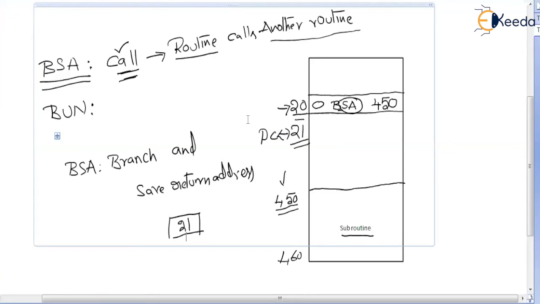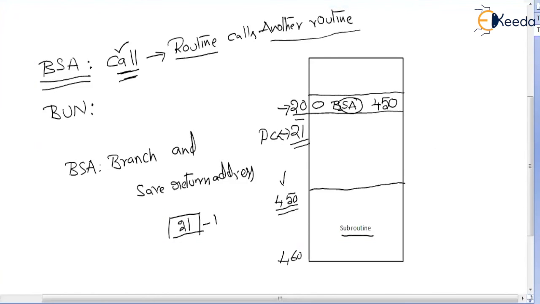How do we know where to return back exactly? The program counter value is going to tell you from where the actual routine is suspended. Okay, after the 20th instruction, the routine is suspended, then we branch to the subroutine. For that reason, we are saving the program counter value in some buffer. Let us say this is a buffer. In a buffer, I stored it. I branched to 450. I saved this 21 in a buffer, 450 to 460.